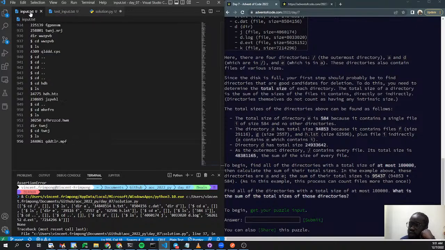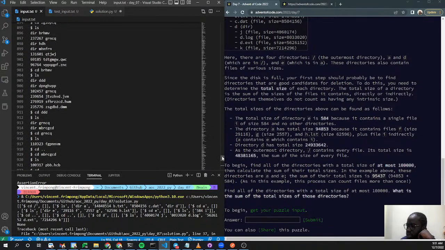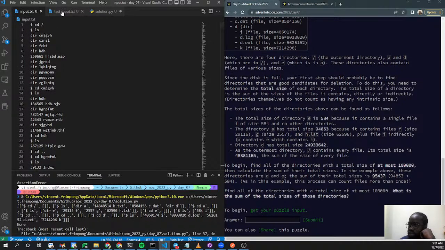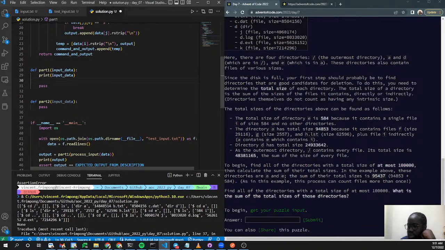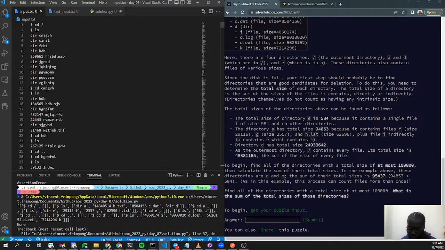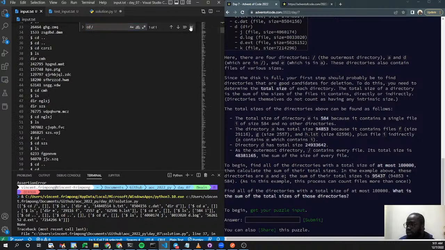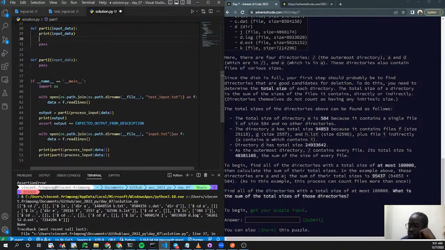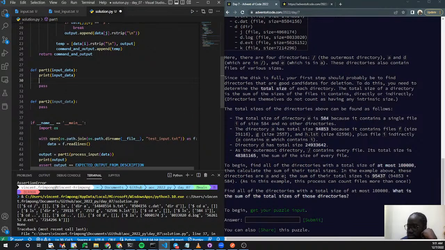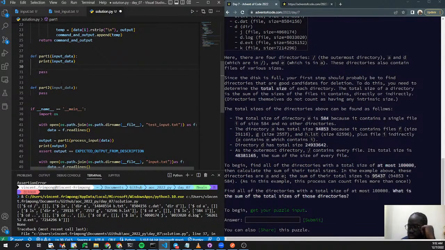I don't know if it is safe to assume that the first command is always going to be the slash home slash root, right? But basically, what if they go to root multiple times? That's one to think about. Let me find cd. But anyways, what I need to do is